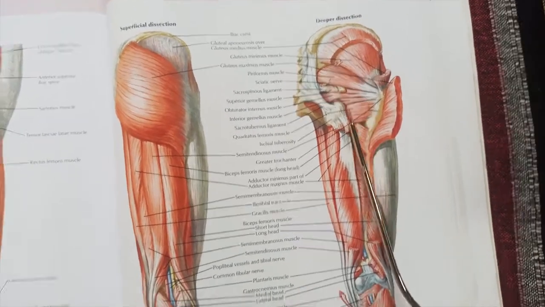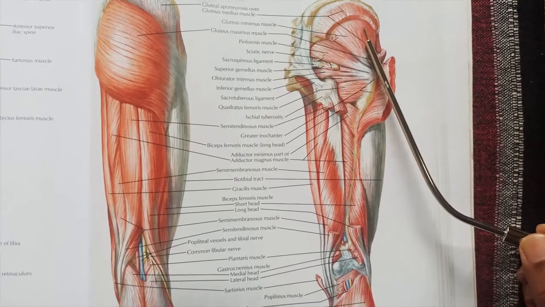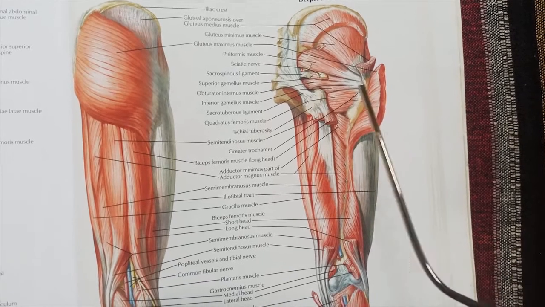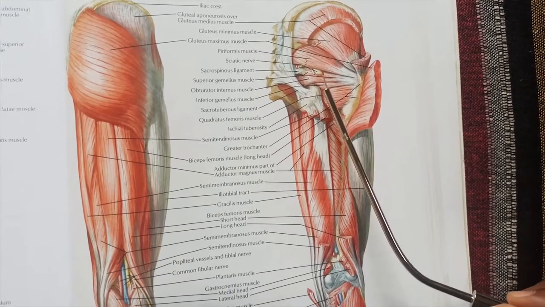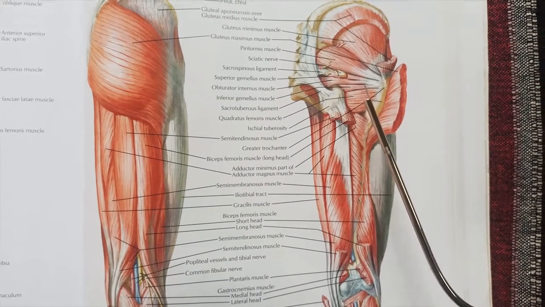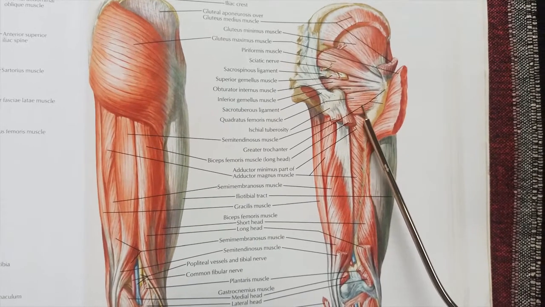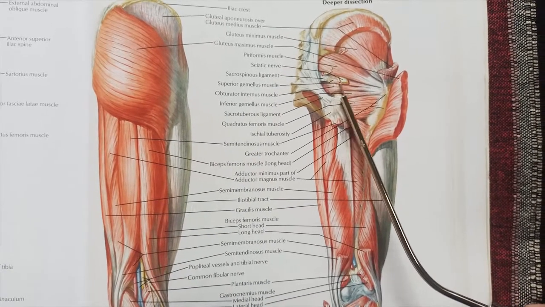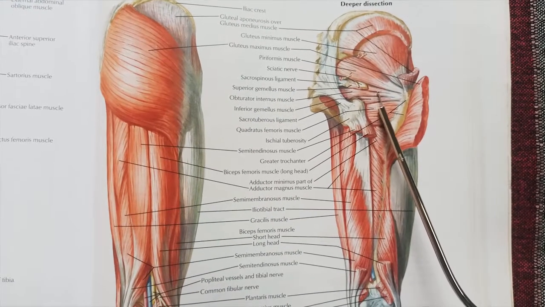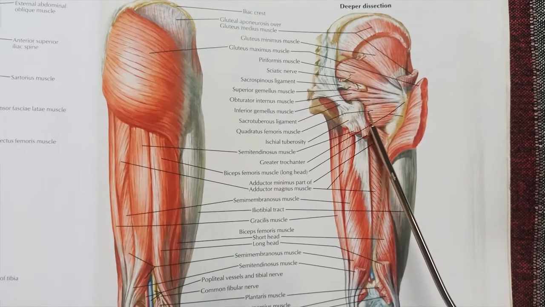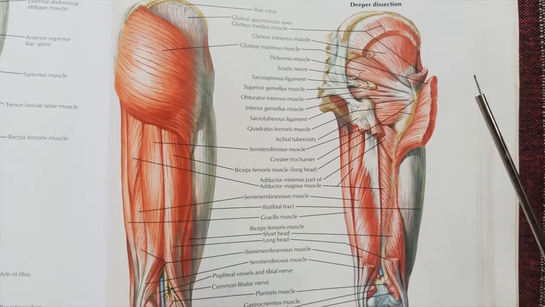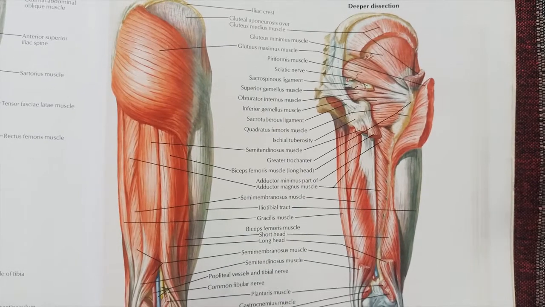femoris. So structures above piriformis: gluteus medius, gluteus minimus, superior gluteal vessels and nerve. Structures below piriformis: sciatic nerve, posterior femoral cutaneous nerve, PIN structures, gemellus superior, obturator internus, gemellus inferior, quadratus femoris. Here inferior gluteal vessels and nerves are present in this way, and nerve to obturator internus is again supplying the gemellus superior muscle and obturator internus muscle, and nerve to quadratus femoris supplies quadratus femoris as well as gemellus inferior muscle. So this is the description of the gluteal region.